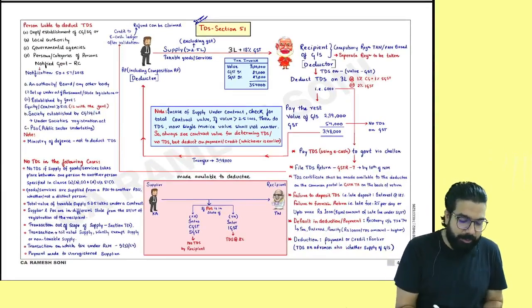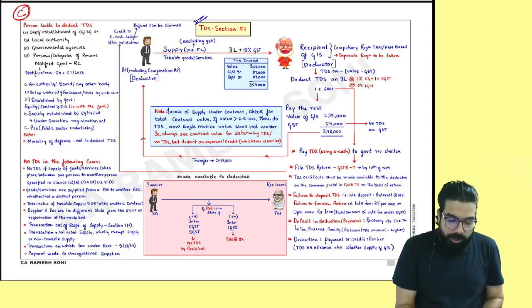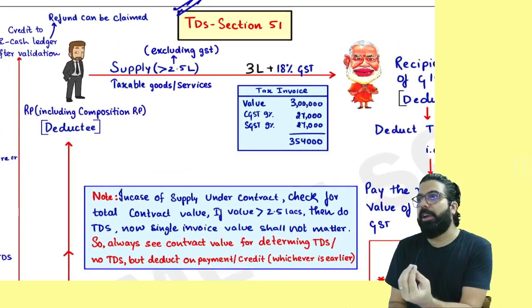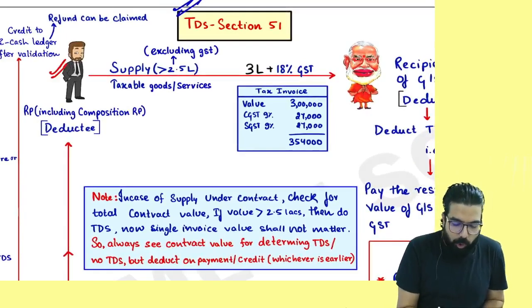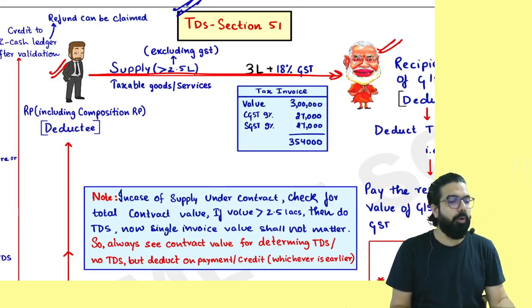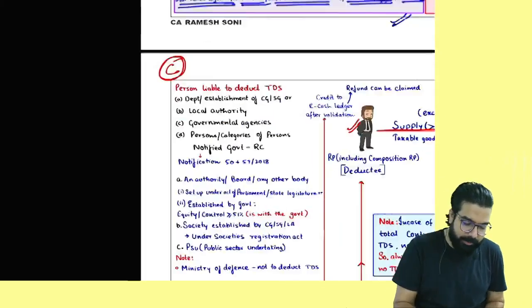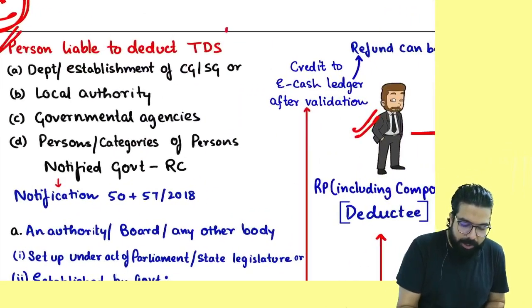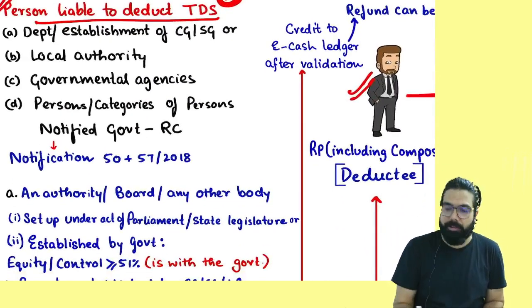Sir, TDS as a chapter, from exam point of view, I find it a C-graded chapter. Everyone over here now, listen. Sir, what is the concept of TDS? I hope you guys already know about it. That, sir, whenever one person goes ahead and supplies to whom, everyone? Government department. Who are the people who will go ahead and deduct TDS, everyone? Who are the people who will deduct TDS? Person liable to deduct TDS. Remember this, everyone. Who are the people liable to deduct TDS?